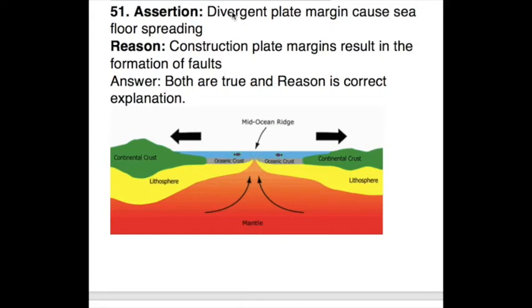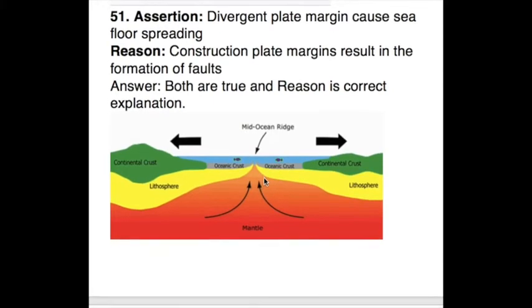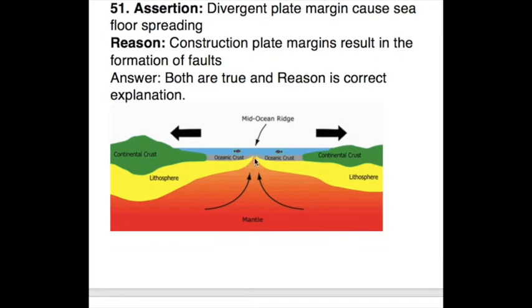So divergent plate margin cause seafloor spreading, and it happens due to faults. Okay, now moving to one more piece of information here. As we move from the mid-oceanic ridge, we will get older material, and near the mid-oceanic ridge the newer material will be found,